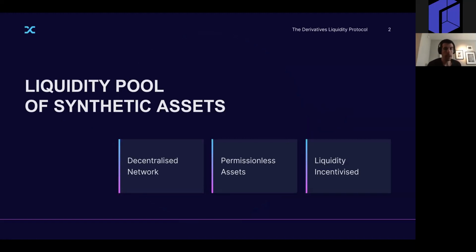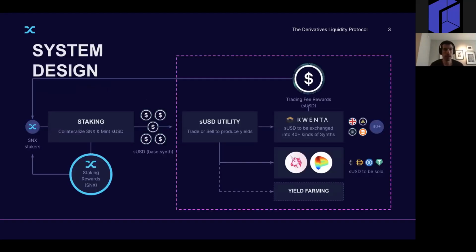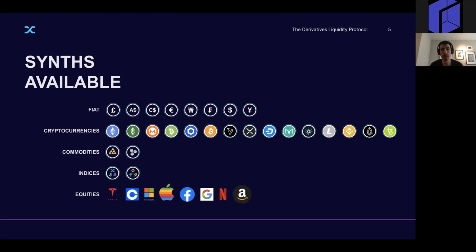Synthetix is a liquidity pool where you can either provide liquidity or trade synthetic assets. We have many different synthetic assets. These are tokenized real world assets that are put on the Ethereum blockchain. If we look at the types of synthetics we have, there's fiat Synthetix tokens, there's cryptocurrencies like ETH, Bitcoin, Link, and a bunch of different ones, and then there's commodities, there's